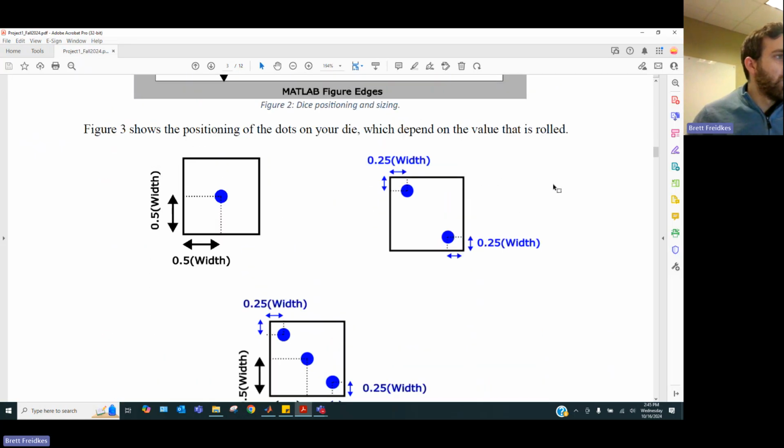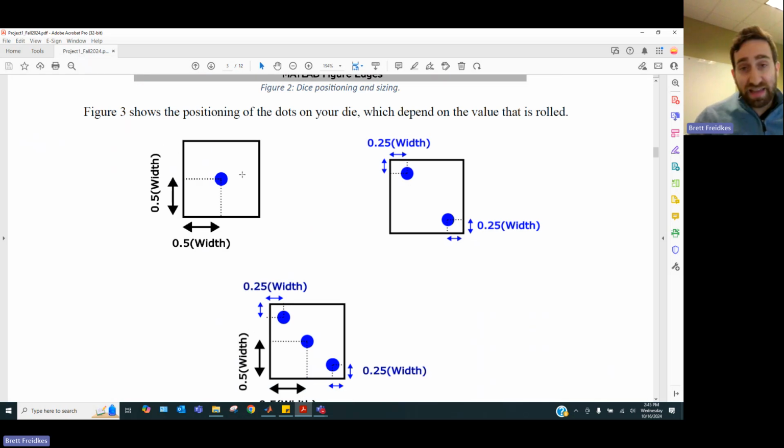Figure 3, which is this figure, shows the positioning of the dots on your die. So we see that for a dice when it's a 1, the dot is shown halfway across the dice. Because remember, the width is this dimension here. And I'm saying go halfway across and halfway up. And that's where we'll plot the dot, right in the center. For the blue dice, or not, for the number 2 dice, I have blue here to differentiate from this. But for the case where you have 2, where you have these dots more near the corners, you should have them being a quarter of the width inwards